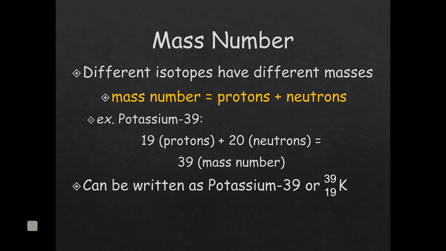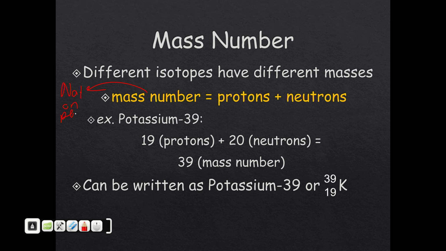And that leads us to what's called the mass number. The mass number, this is finally your first little calculation. It's a simple addition or subtraction, depending on what you're trying to do. The mass number is simply protons plus neutrons. Protons plus neutrons is the mass number. Now, this is not